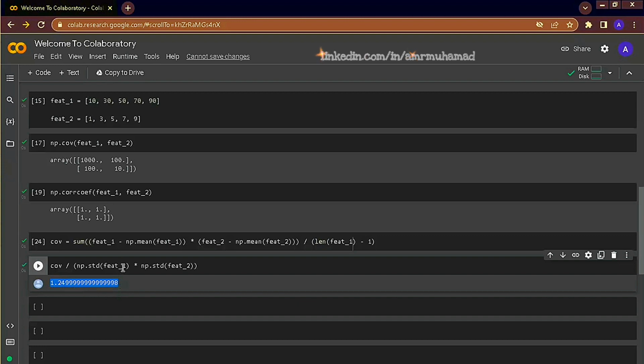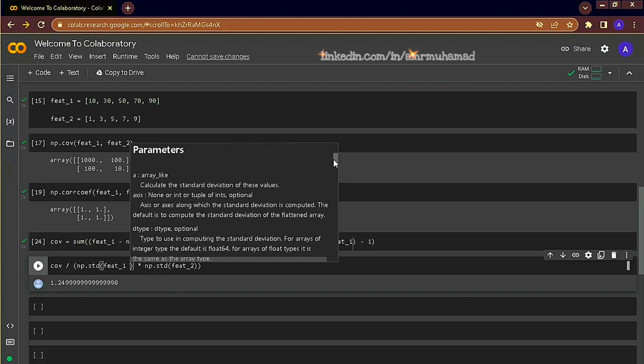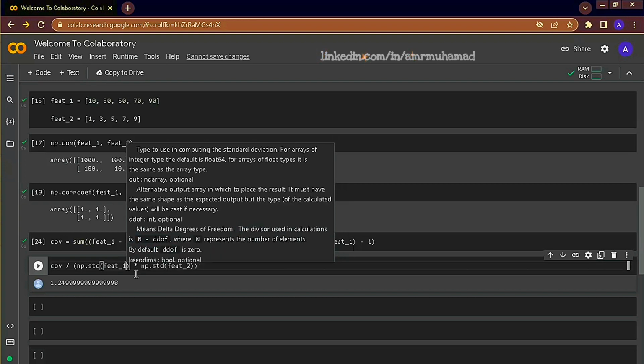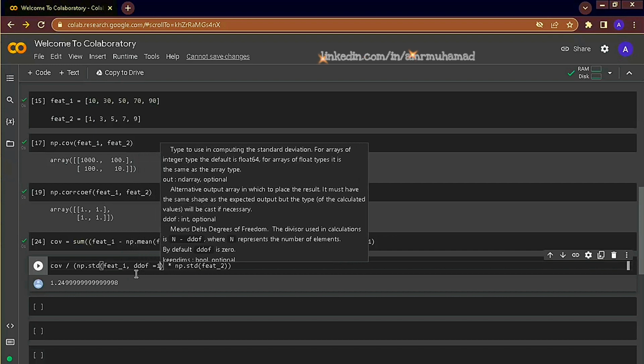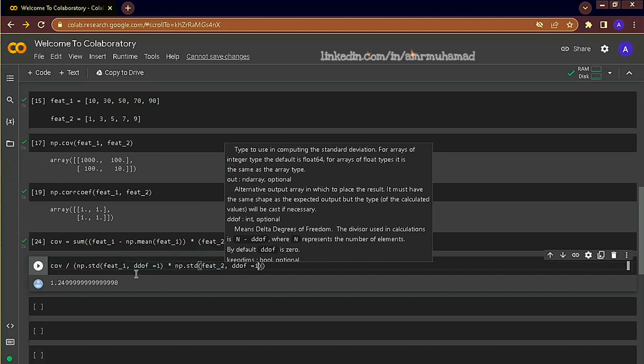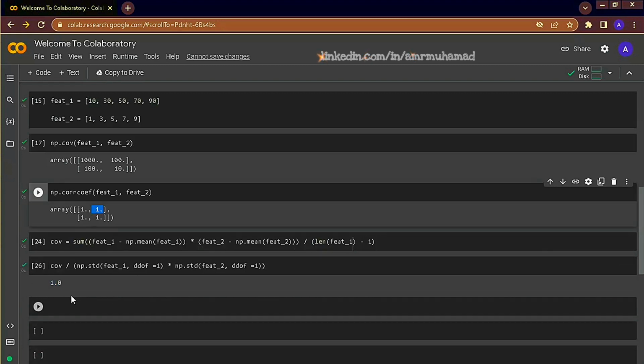This is because we are here using n minus 1 and the standard deviation is calculated using n. We have to account for this using delta degree of freedom. When we are calculating any statistic using sample data, we want to account for the fact that this is a sample and there is some sort of bias. The n and n minus 1 are just to differentiate sample from population. So the correlation coefficient we just calculated is exactly the same as NumPy.